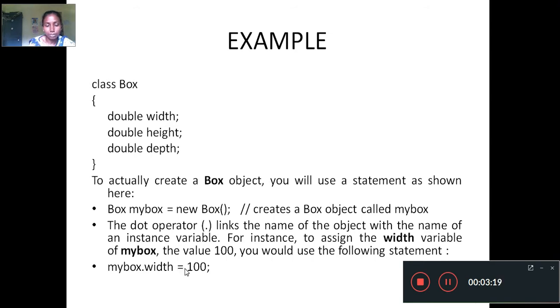This is your assignment operator. So 100 will be assigned to this width, which belongs to which object? This is myBox, which creates a Box object called myBox, and myBox belongs to the Box class.